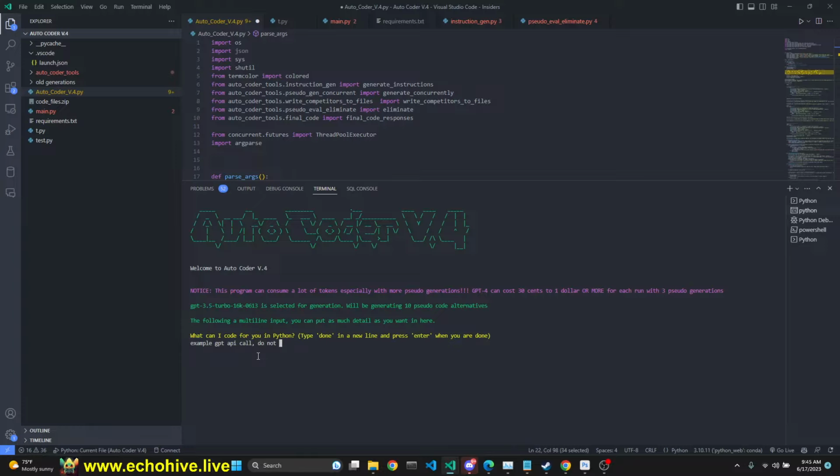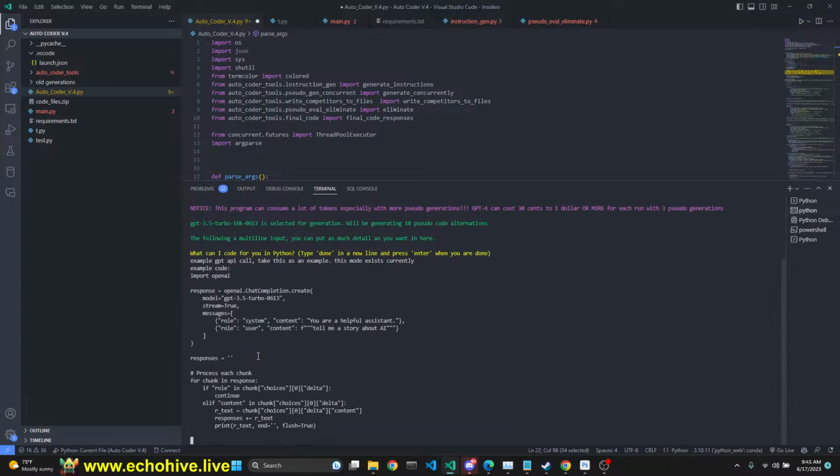Do not take this as an example. I'm going to say this model exists currently, because sometimes it has a tendency to say this model doesn't exist and it tries to revert the code to like text-davinci-003. So I'm just going to say that. And I say example code, paste it, and then create